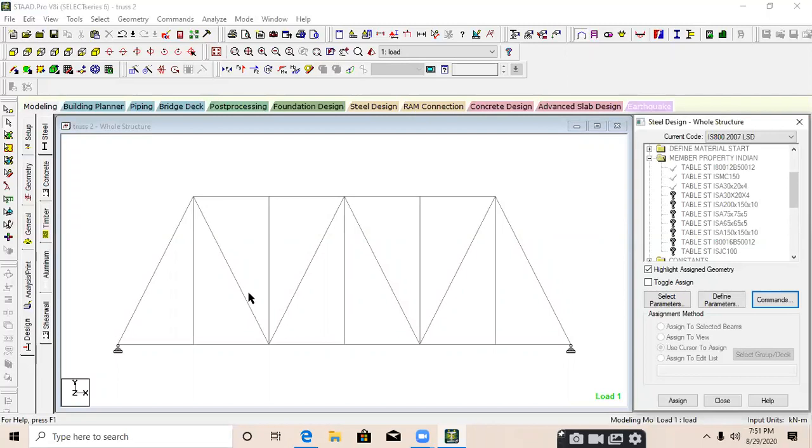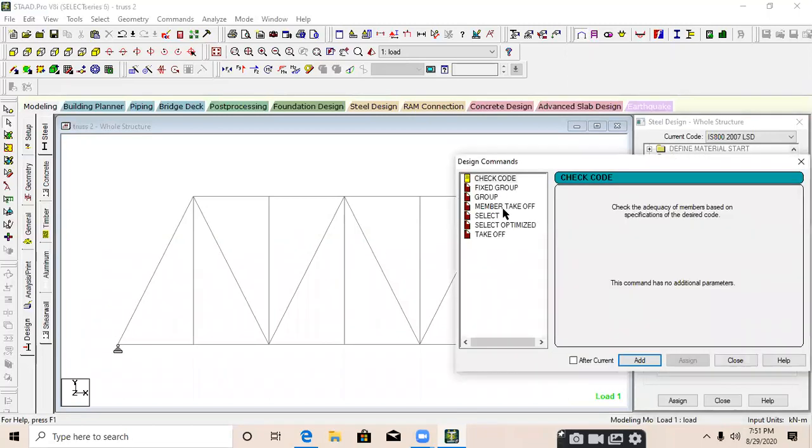It is all about how we can analyze a structure or a truss on a general basis. I just told you about the select option. What is takeoff and member takeoff? Open an output file, go to the takeoff.